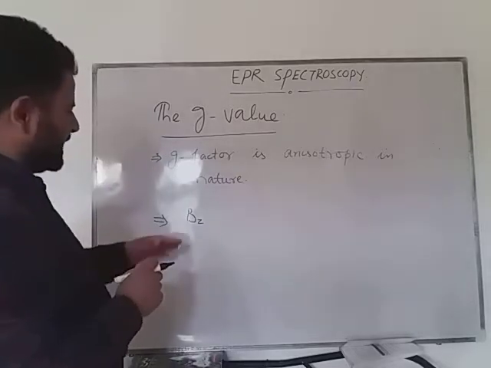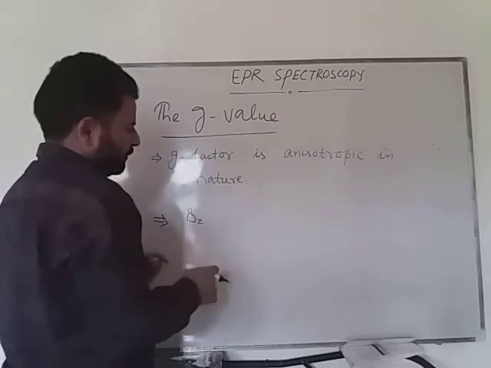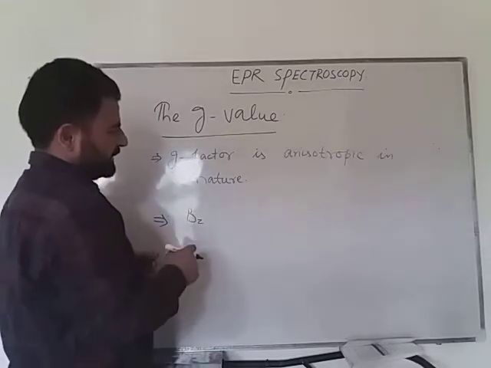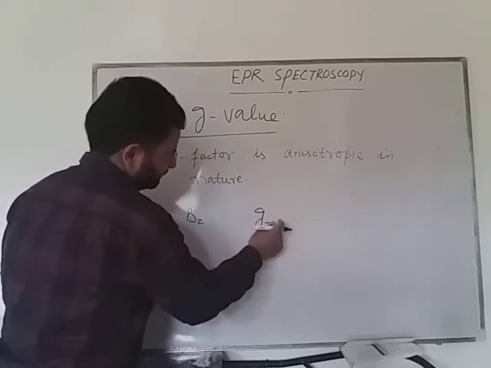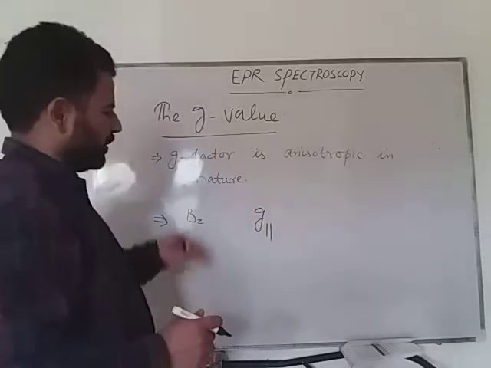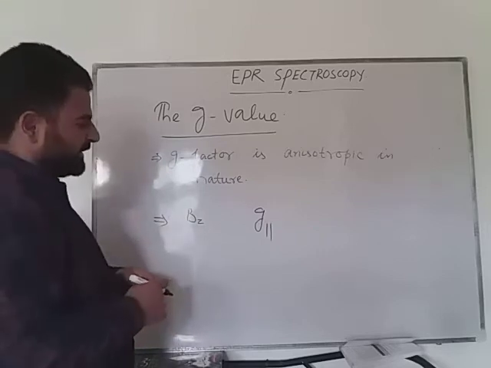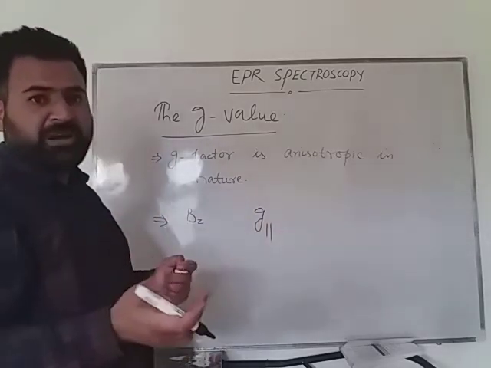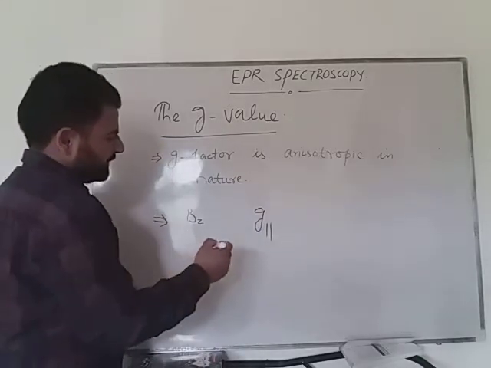We generally use the applied magnetic field along the Z coordinate. So if we calculate the G value in this very coordinate, in the Z coordinate direction, then that will be called G parallel. That means it is parallel to the Z axis, the axis from where we apply the magnetic field. And if we calculate the G value along another coordinate like the X coordinate or Y coordinate, that will be given by